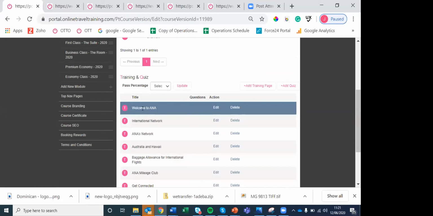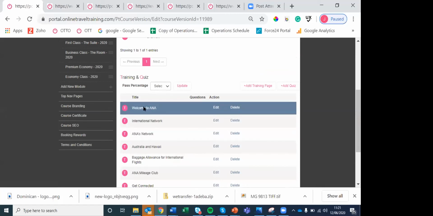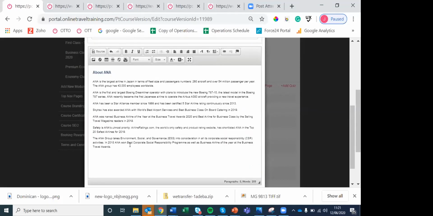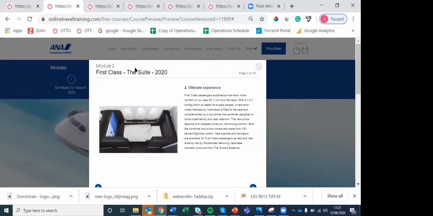So we have module page 1, page 2, page 3. If I select Welcome to NA, I'll select edit. This is basically the content here. So if I just go back again,